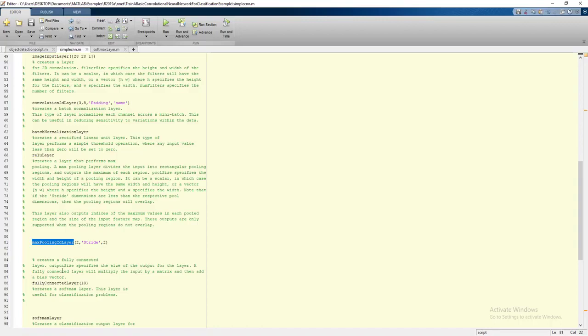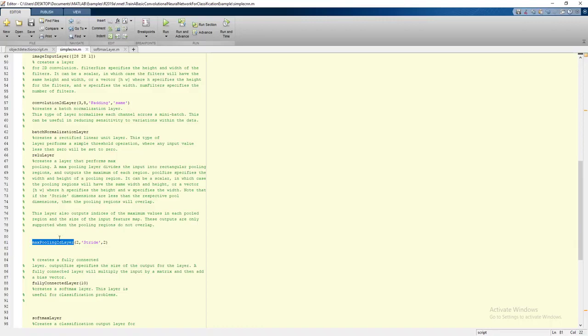From an input image, it takes a matrix and pushes the most dominant features to the next layer. In that way it downsamples the number of features while not increasing the computational complexity of the network.